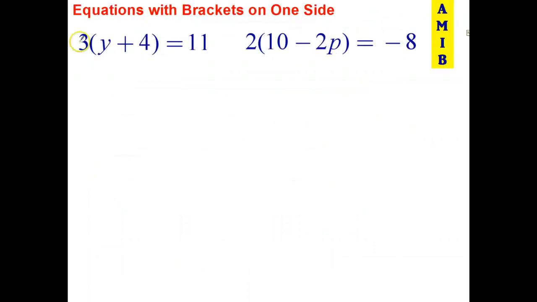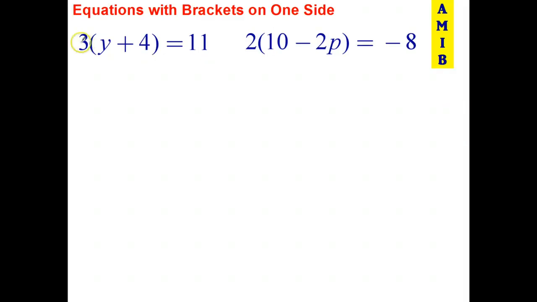So let's have a look at the equation here on the left. Now I've got 3 multiplied by all of y plus 4. I certainly could divide both sides by 3, undoing multiplying by 3. But the problem with that is I end up with a fraction, and then to solve it, I have to work with a fraction. Now there's nothing wrong with that, and if you do it correctly, you'll get the right answer. But in general, if we can avoid working with fractions until the very end, it's usually a good thing to do so. So I'm going to go ahead and delete what I've just done,